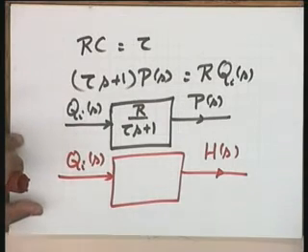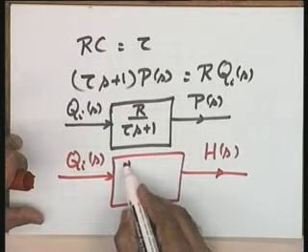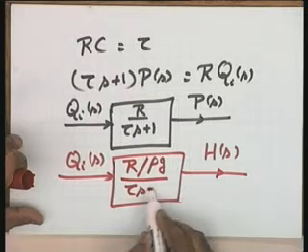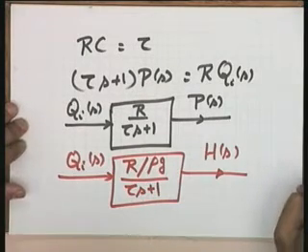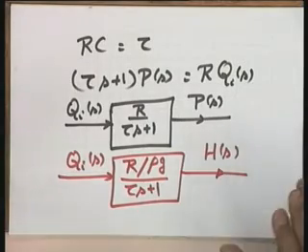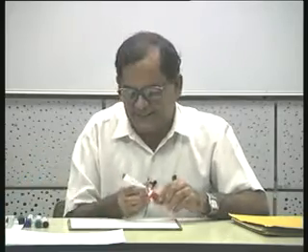Well, whether you are controlling P or H is equivalent. If I consider height H(s) as the output variable, please see whether it is okay. R by (rho g) over (tau s plus 1) becomes the equation. So, P and Qi are the variables we will be taking with respect to the electrical analog, and here it is the variable which normally is the controlled variable of the system. Well, I have to rush to complete this problem looking at the available time.